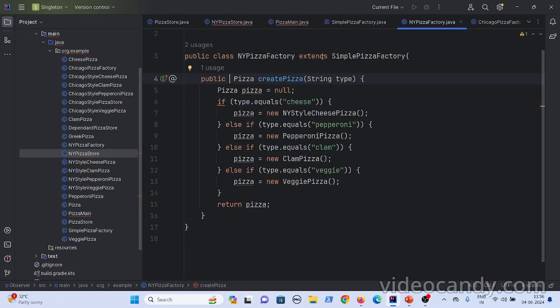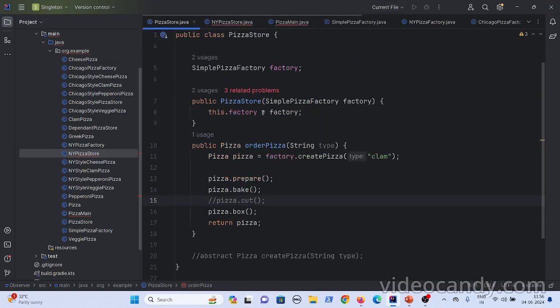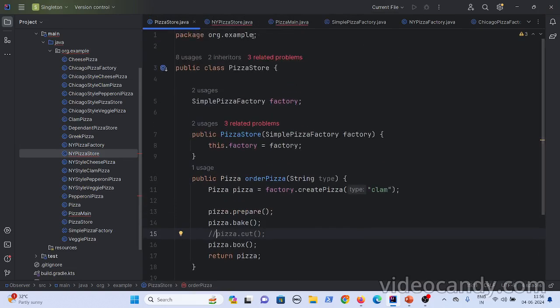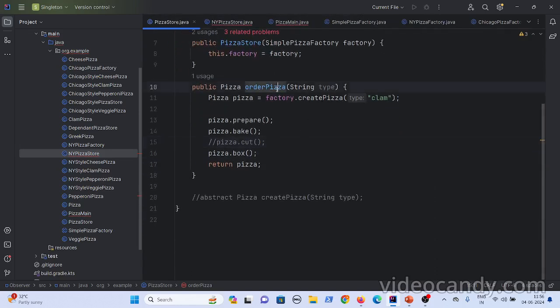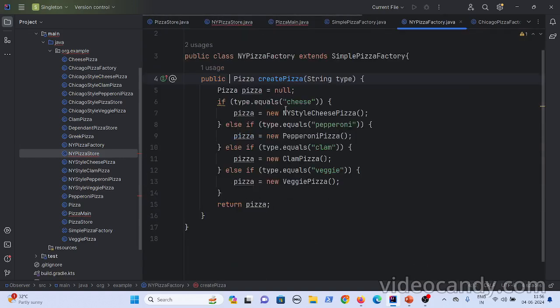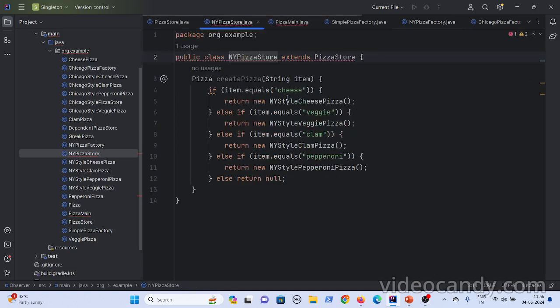You can create simple factories, but you understood the drawback of this. So instead of just overriding the order pizza method, I'll transfer this create pizza logic to the New York style pizza store.